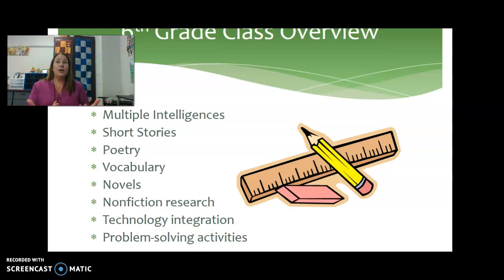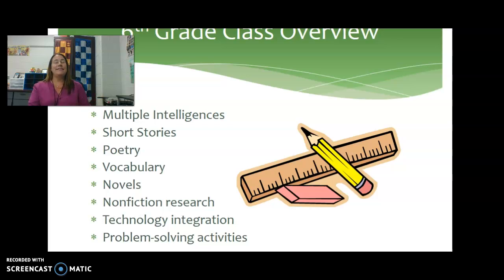That's the kind of thing we're looking for when we're talking about research this year in SIC. It could be that you're really interested in the Civil War, or you're really interested in a science topic. Those are great things. But then you have to figure out, what are you going to do with it? So just remember, the whole idea behind the project is actually to do something with your information that you've gathered.